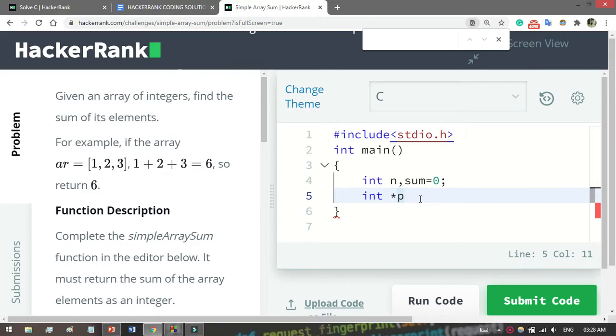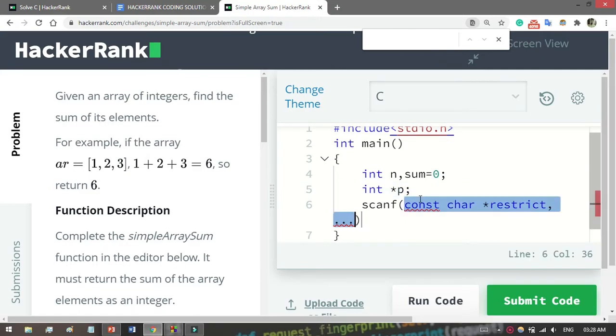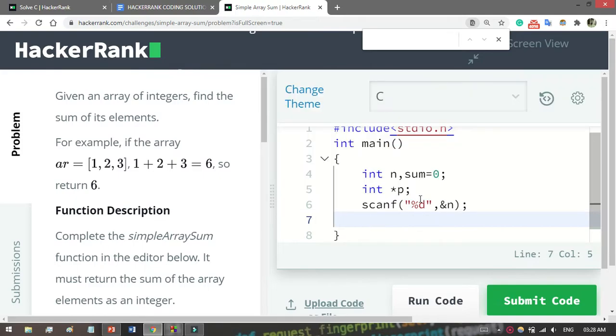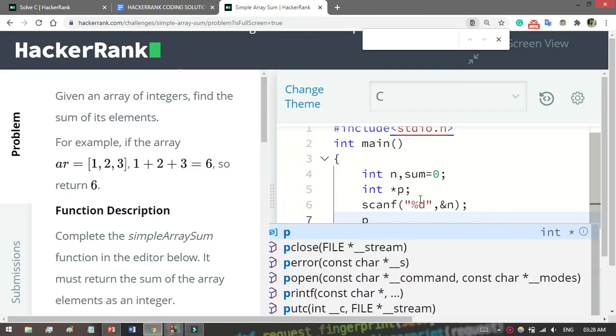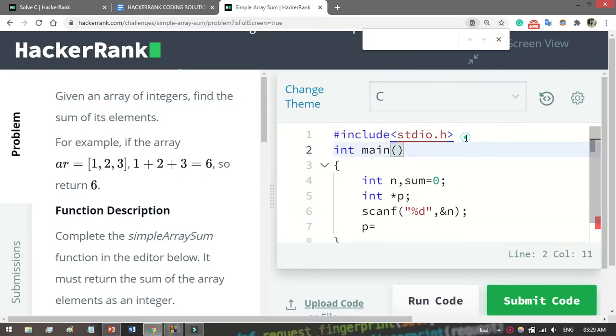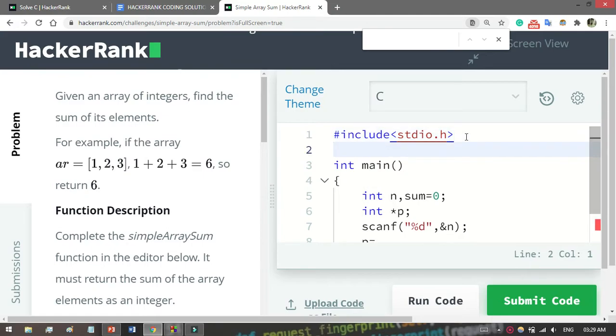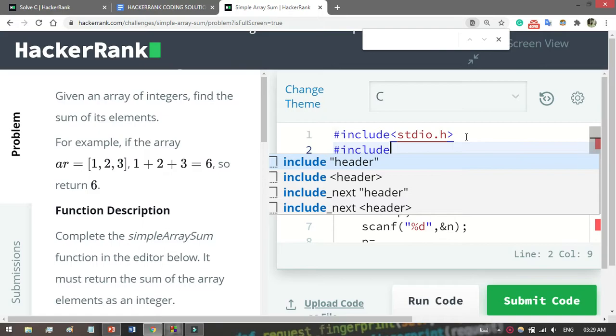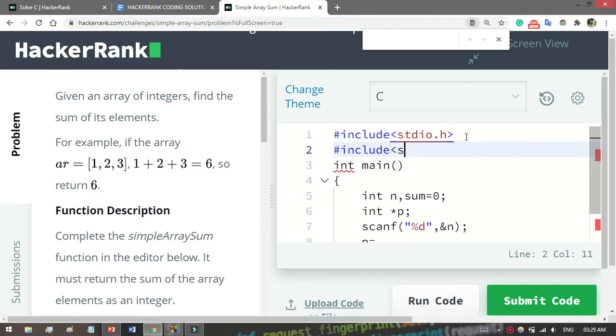So let's start. At first scanf is used to take input from the user. Then what I have to do, then use malloc. I forgot to write this: when I use dynamic memory allocation, we have to write the header file, that is stdlib.h.